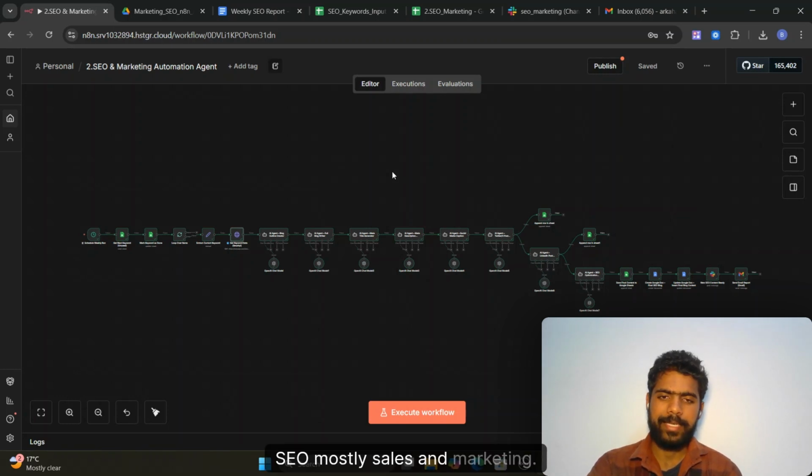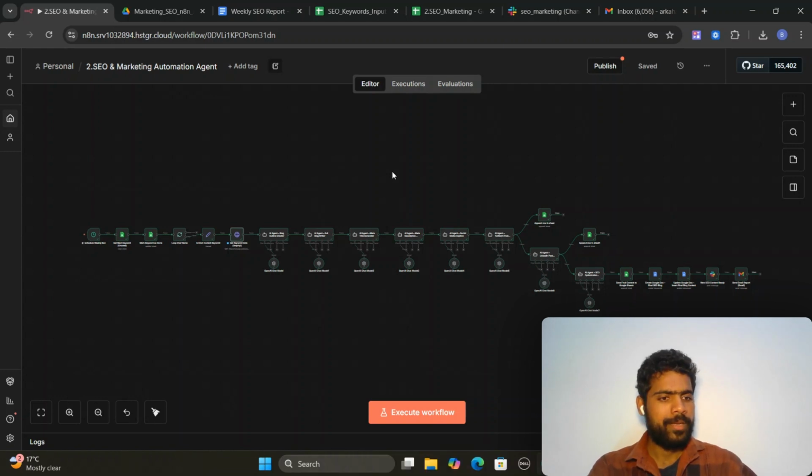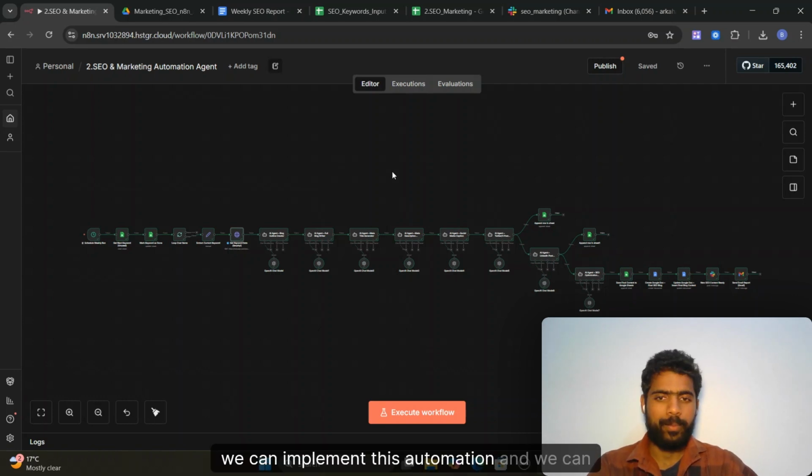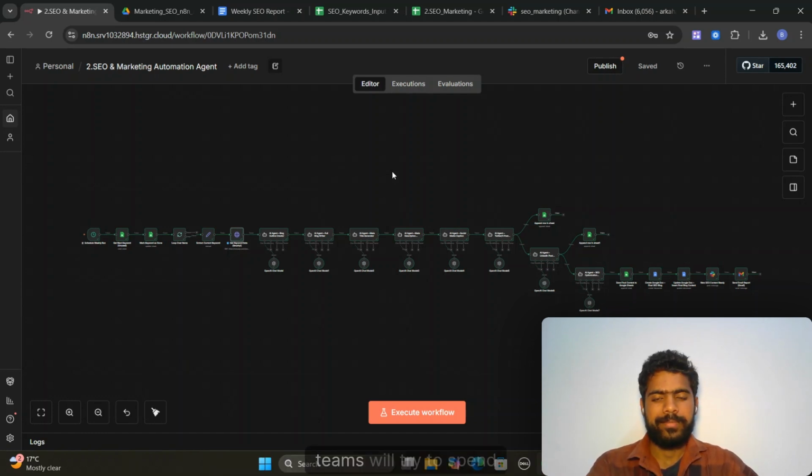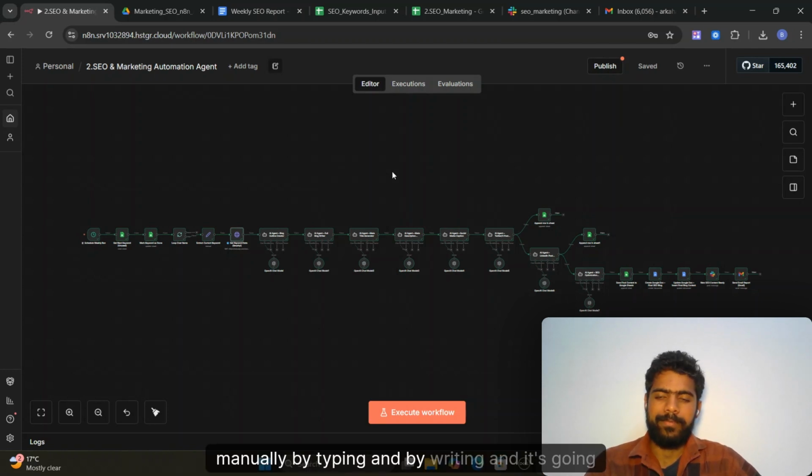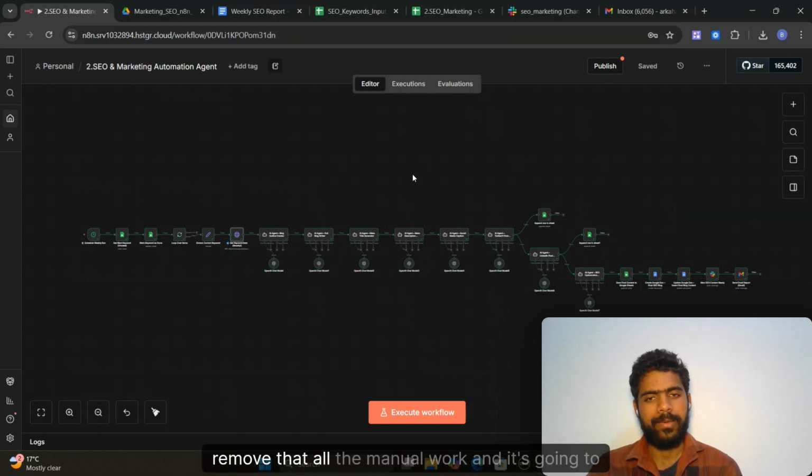SEO is mostly for sales and marketing. We can use this for SEO blog optimization, SEO blog creation, and content creation. We can implement this automation and this agent. Mostly, teams spend a lot of hours and days writing all the blogs manually by typing and writing, and it takes a lot of time. This agent is going to remove all that manual work, and